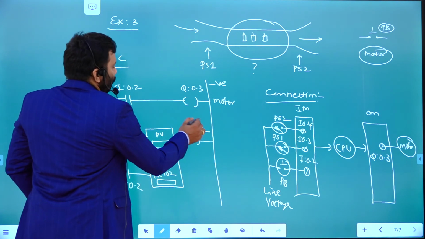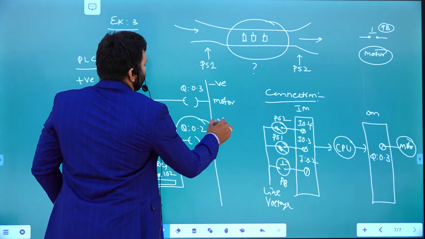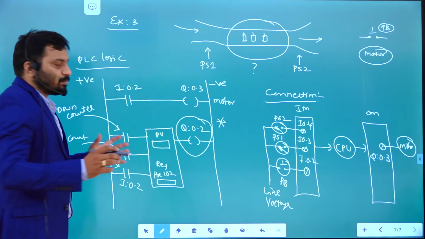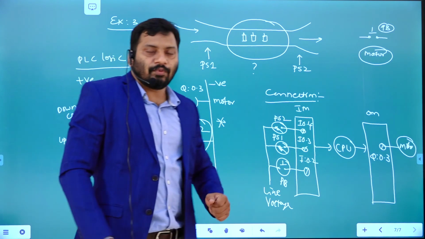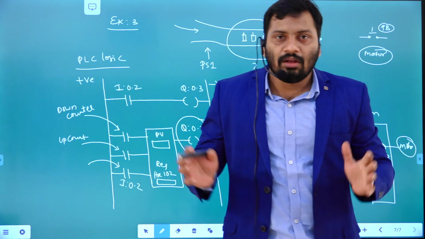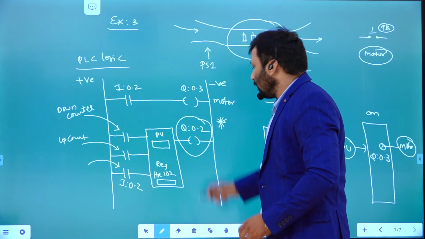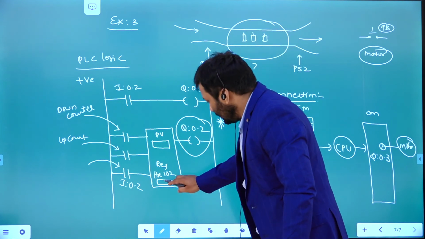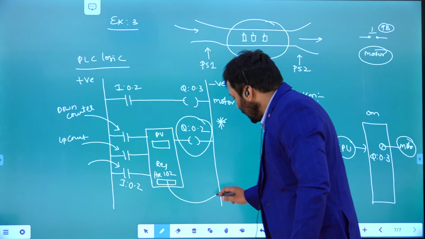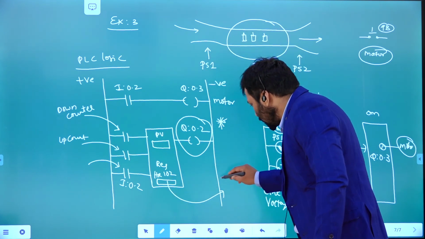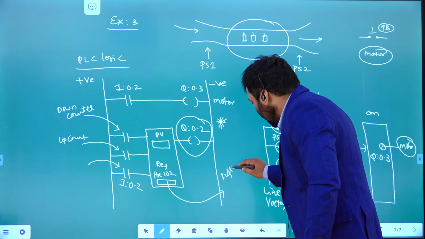So here output is not our intention. In this particular counter, the up down combination counter, this output is not our intention. This register is going to reflect the value, right?